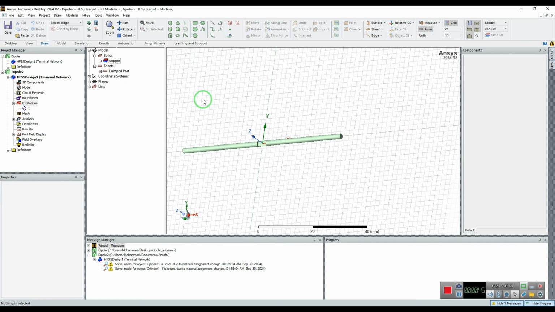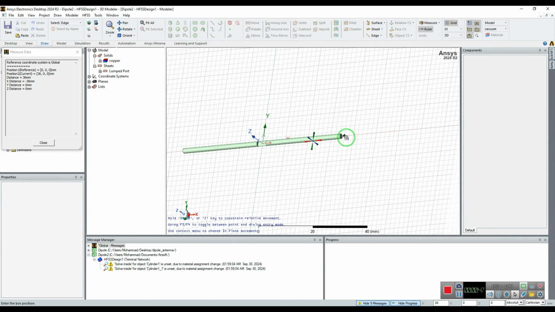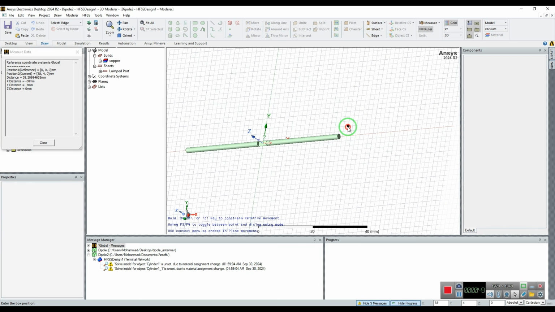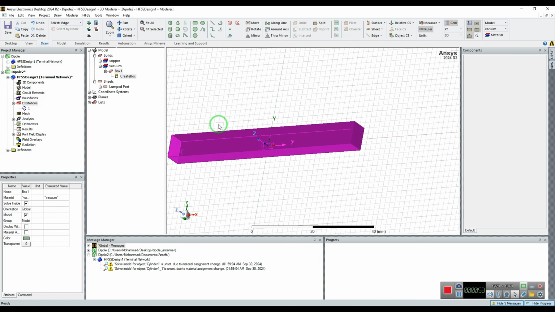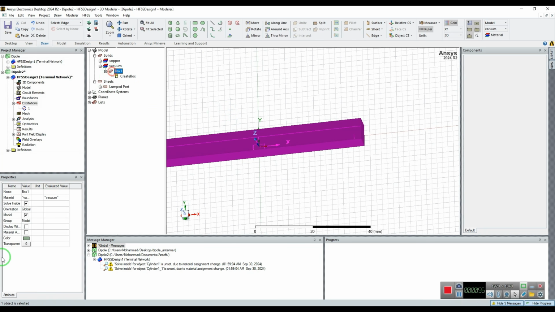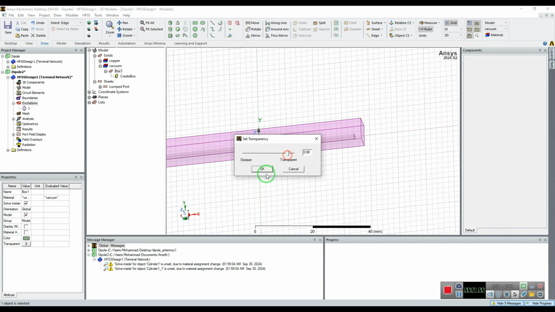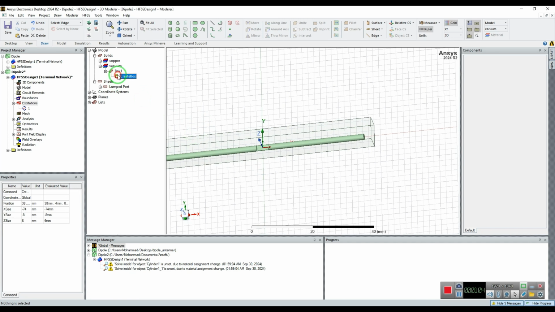To simulate the antenna in free space, define a radiation boundary. Draw a vacuum, air, box around the dipole, ensuring it is at least 1/4 wavelength, λ/4, away from the antenna in all directions.